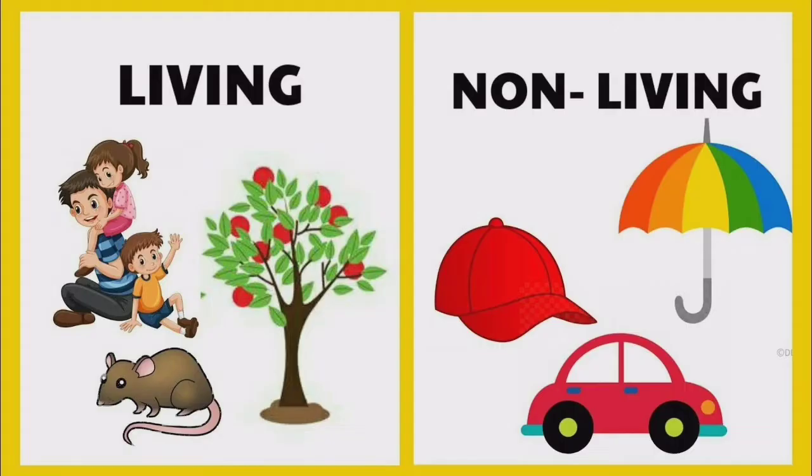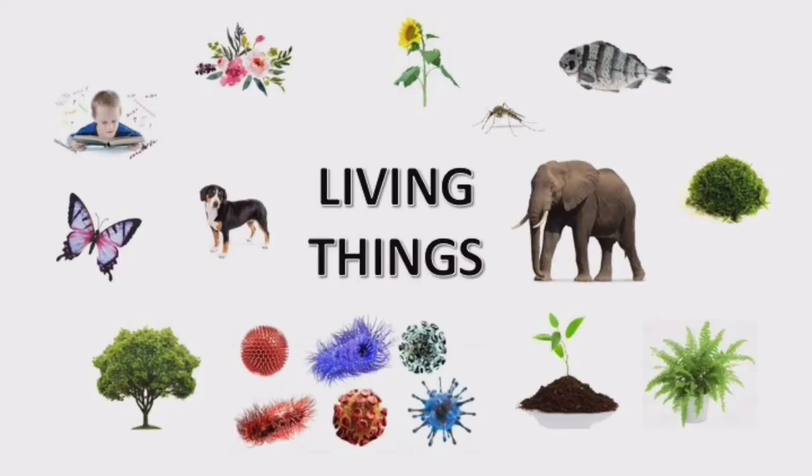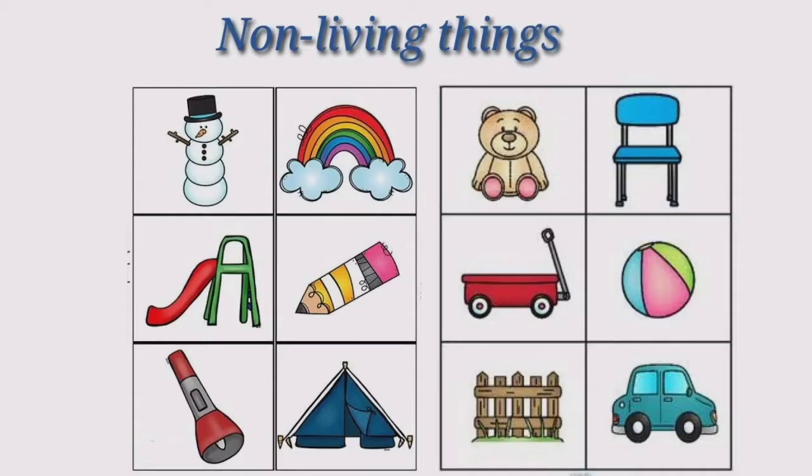First one is living and non-living things. You all know about what is living and non-living things, because you have studied about this briefly in the science subject. So what is living and non-living things? Living things means they have life in them, but the non-living things do not have any life in them. The examples of living things are all animals, plants and human beings. Examples of non-living things: bus, car, bat, ball, etc.